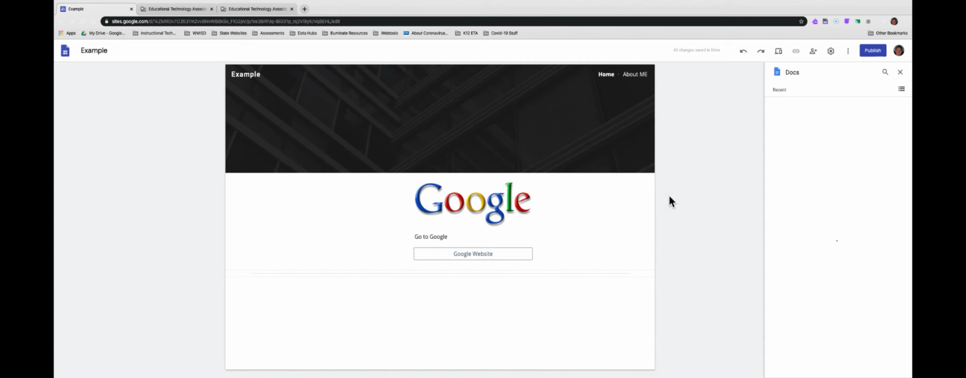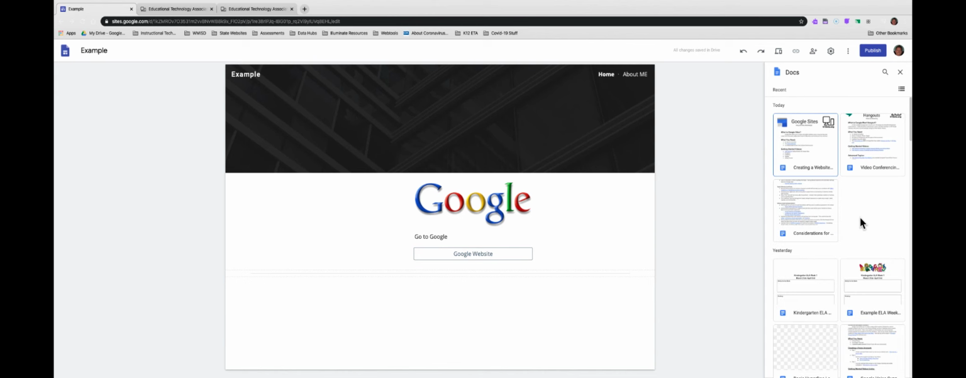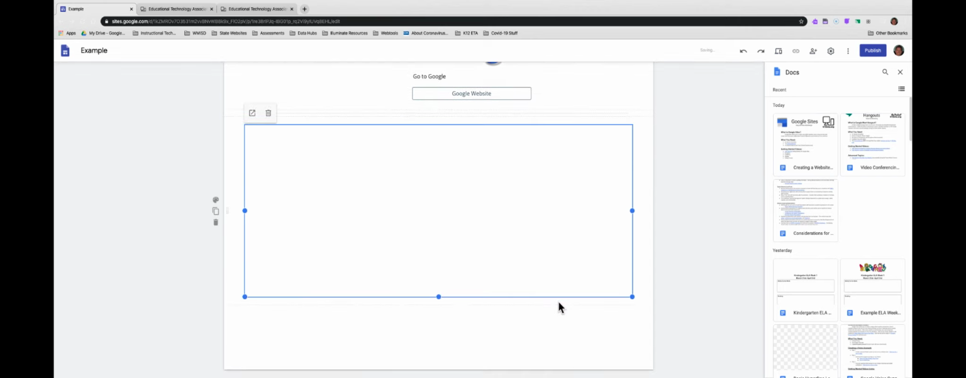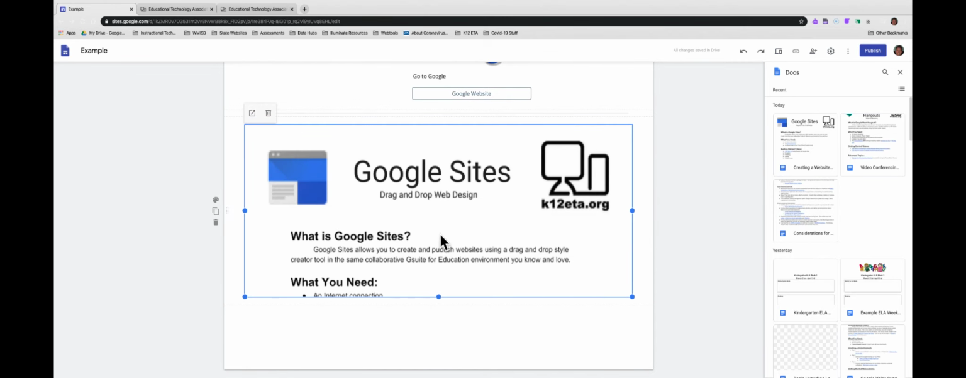Other things that can be added are maps. If you wanted to add a map, Google Docs can be embedded right in by clicking on Docs. It'll bring up your Google Drive. You pick the doc from your Google Drive that you want to add, and it just drops it right in there for you. Really, really handy for a lot of different uses here, because now that my document is added,